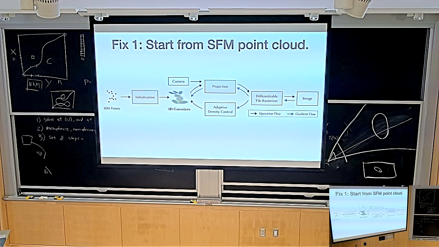It basically gives you approximate depth maps. And the first trick you're going to do is you're going to not randomly initialize your Gaussians. You're going to put them at the depths that are predicted by COLMAP. So trick number one. So now the Gaussians are already approximately at the right spot. But of course, there's still many things that might go wrong. Okay. So then what we're going to do, projection, adaptive density control, is exactly the thing we're going to talk about now.